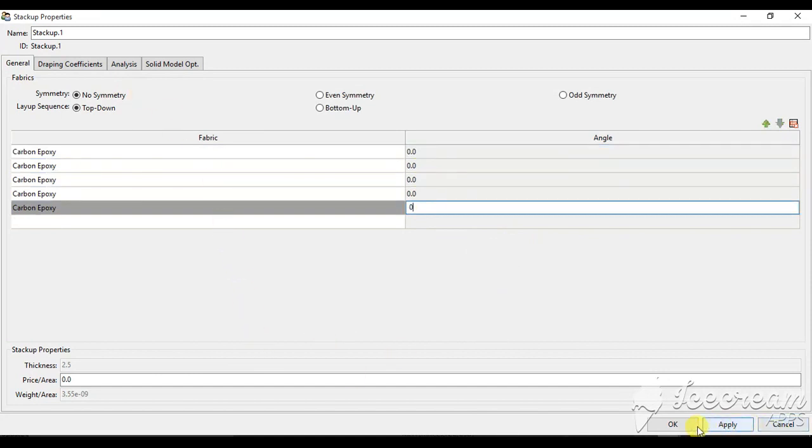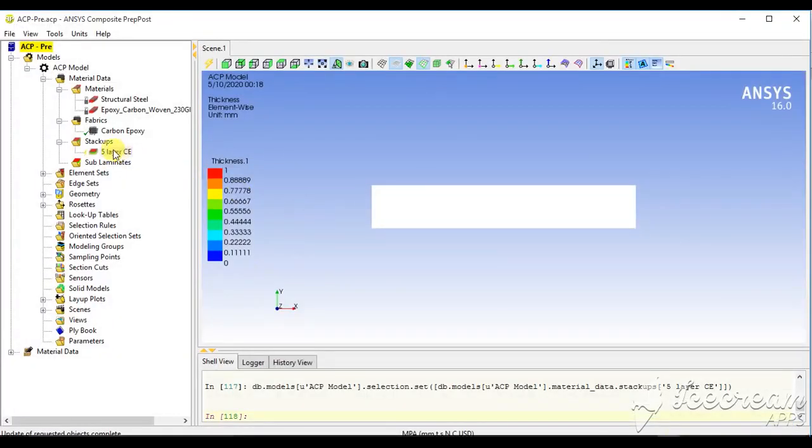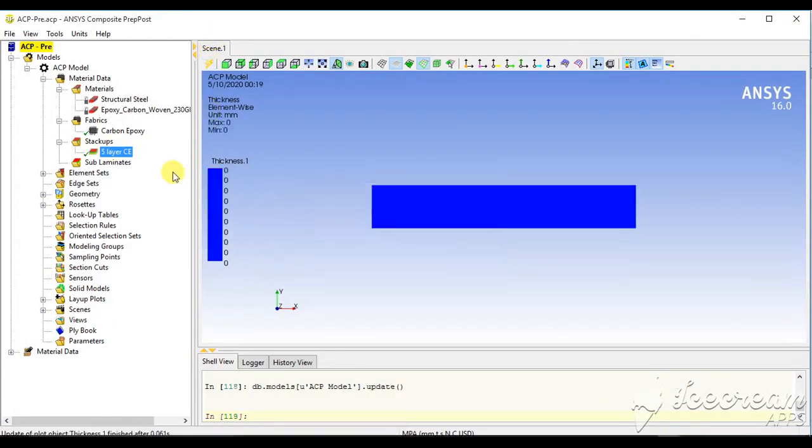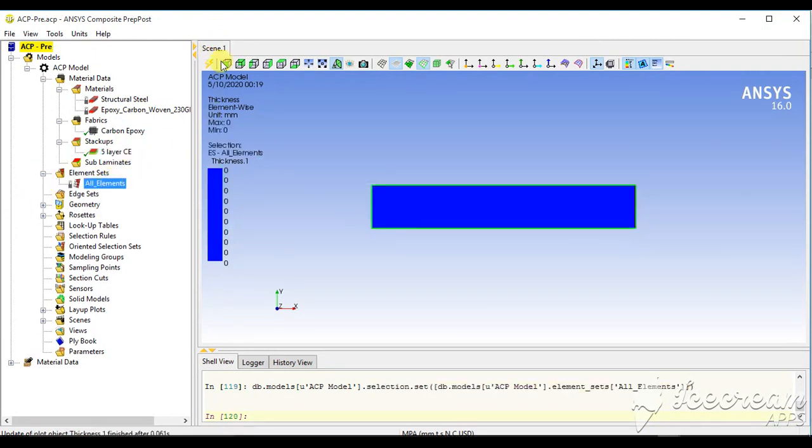Now name it as 5-layer carbon epoxy. Just update all the elements.